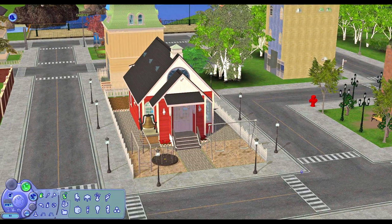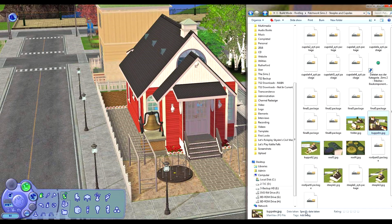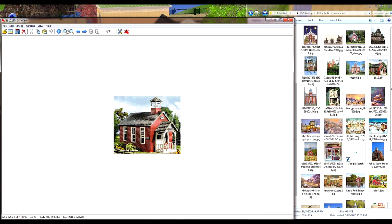Yay! Schoolhouse! I had inspiration for this, quite a lot of inspiration, actually. Let me see here. This, a little hard to see,